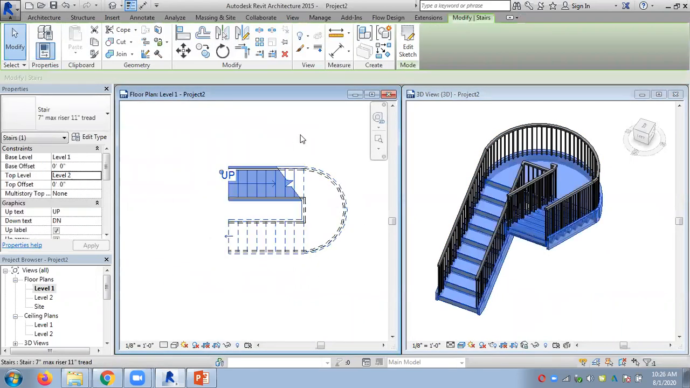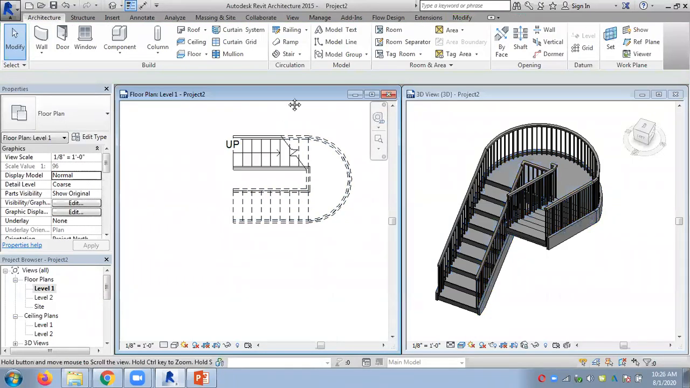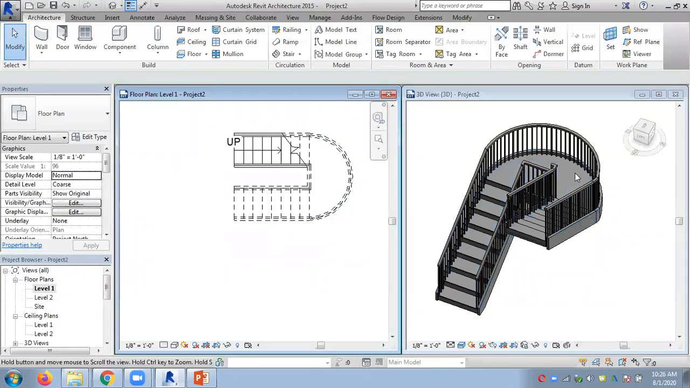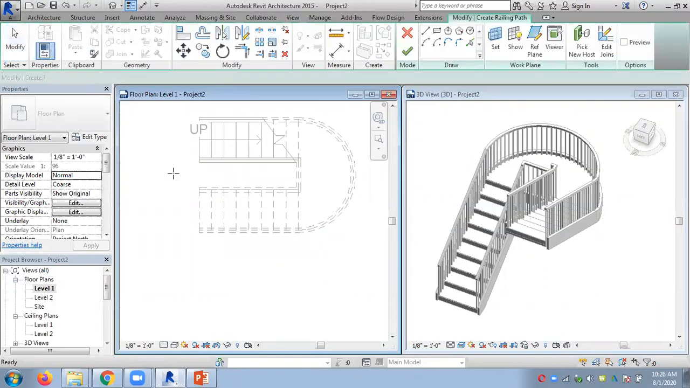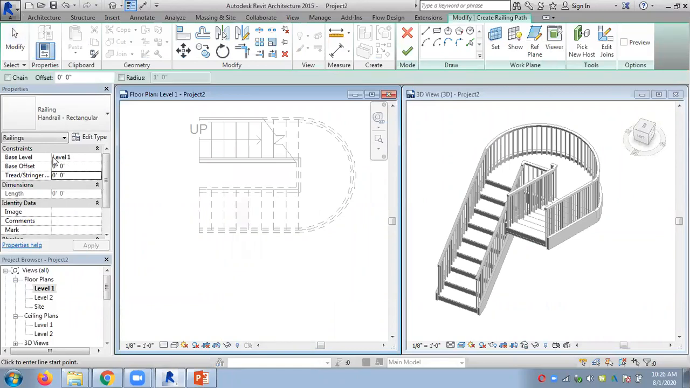So now we look at how to edit the railings. Now the railing has been automatically drawn by the software, and if you want to draw a railing after the staircase to prevent people falling, you can go to the railing tool here, and there's a tool called sketch path. So you can sketch the railing path in level 1 or level 2. So if you just sketch like this,